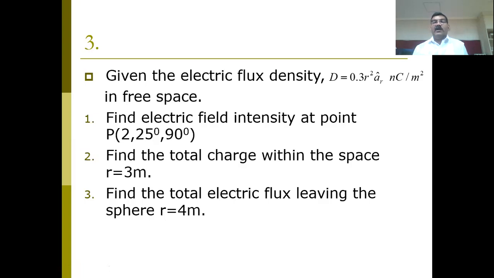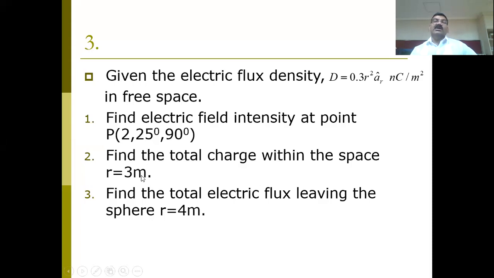ds is what? If you don't know that, you can watch the previous video. D is given, S is the surface, for the surface ds. You will have what formula? That is double integration of what? Sine theta d theta d phi. So theta and phi are variables. So you can find out the total.